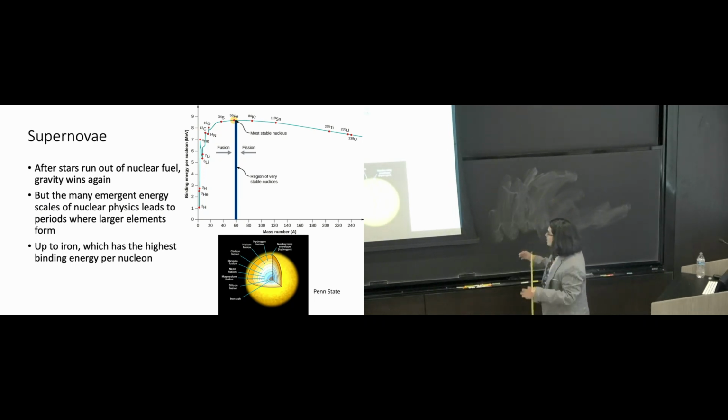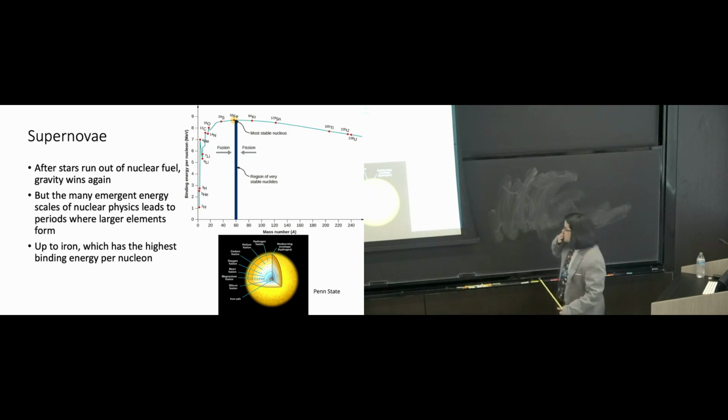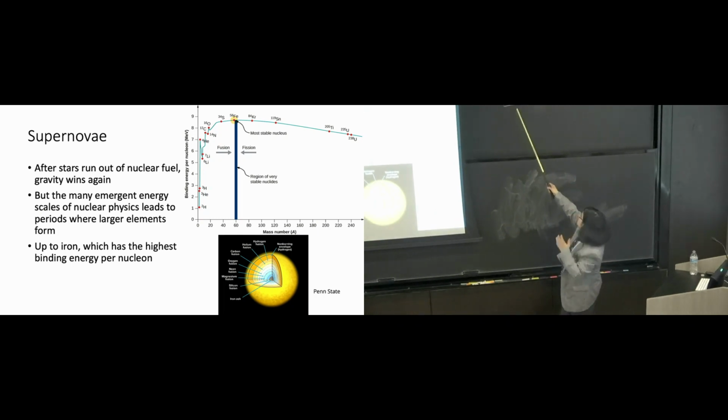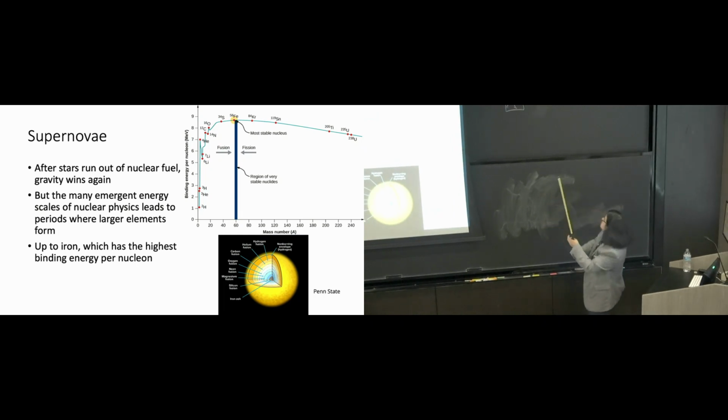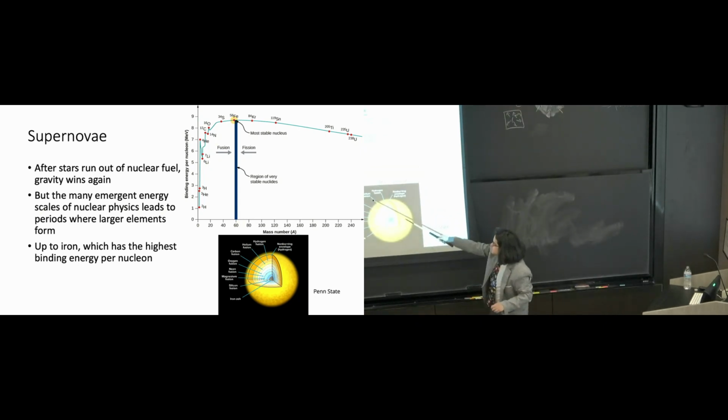But nuclear physics is very rich. Out of this very simple standard model of particle physics, the structure of nuclear physics that you get is very rich. So what can happen is the star collapses more, and the center becomes even hotter than this, and eventually, when it's become dense enough, now you can fuse the helium that you had produced from hydrogen fusion, you can fuse the helium into carbon.